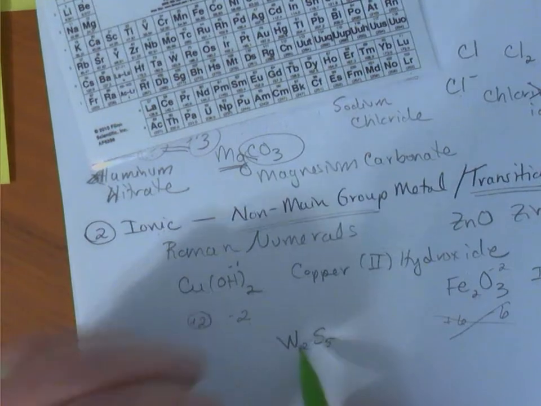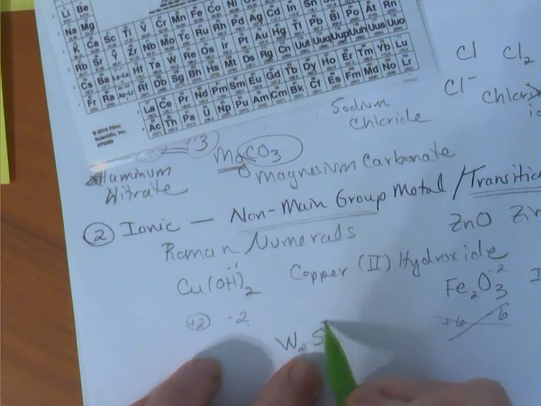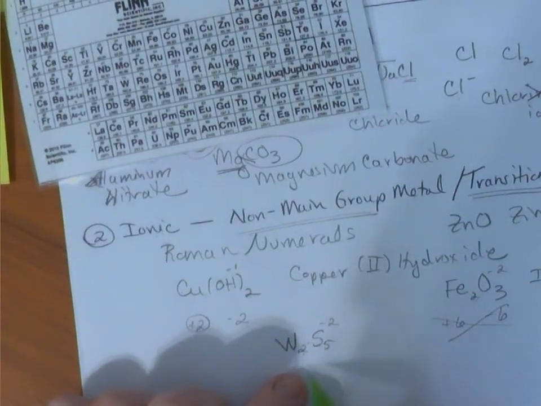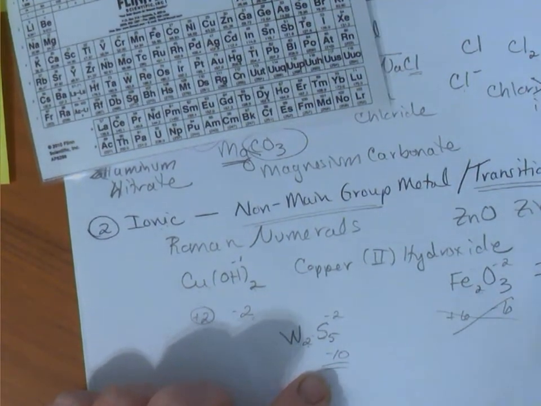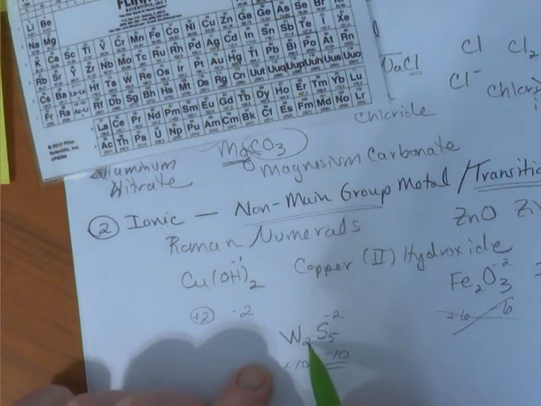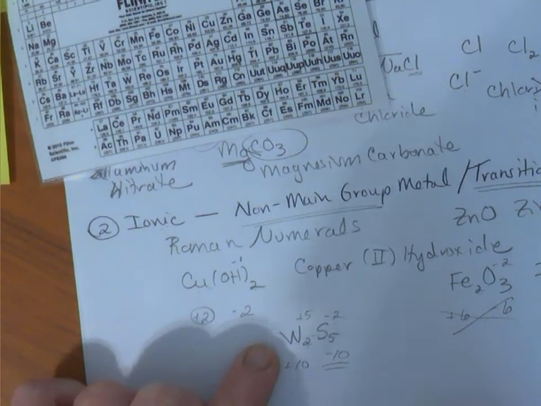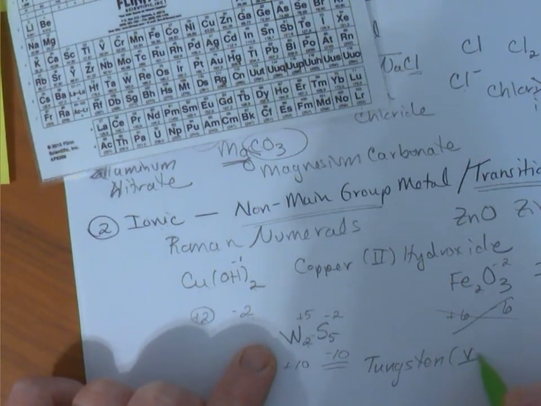So if I go into the formula, I trust that sulfur is going to form a -2 from its position on the periodic table. There are 5 of them. That'll give us a total -10 charge. So I need a +10 to balance. There's 2 tungstens, so each tungsten must be a +5. So tungsten(V)